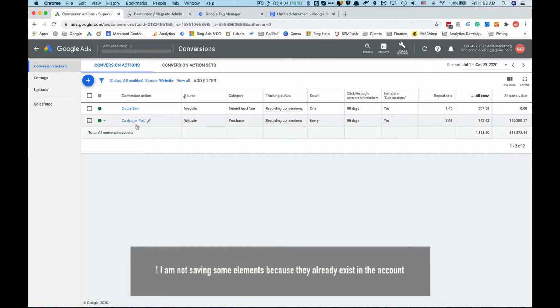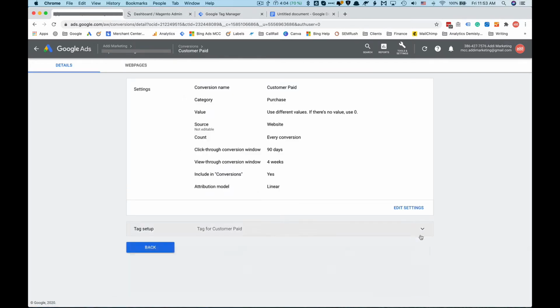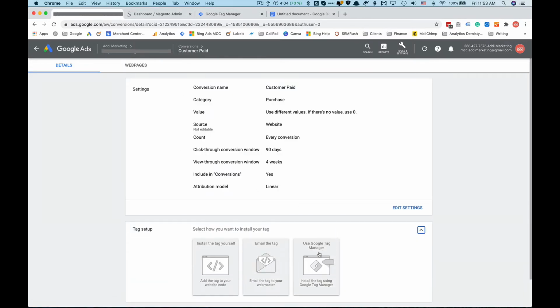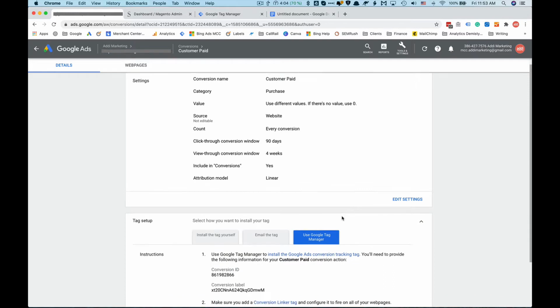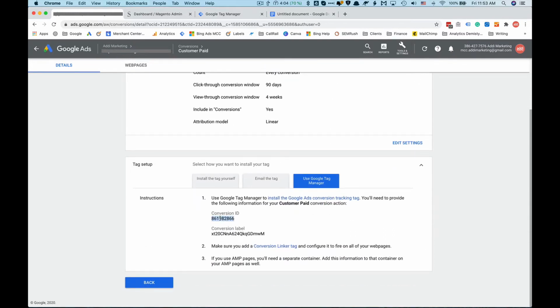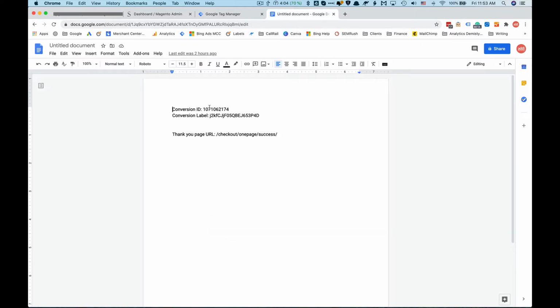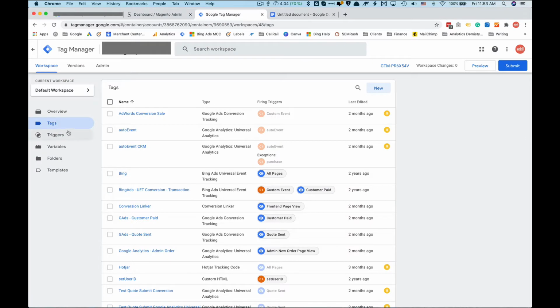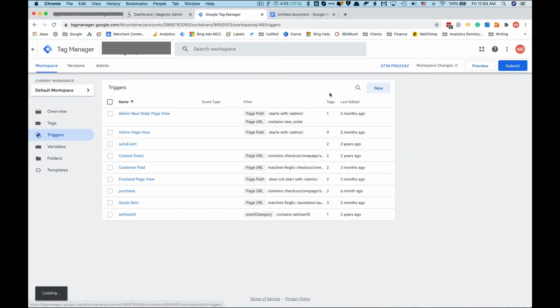You should see the new conversion. Click on it. Click on Tag Setup, use Google Tag Manager. Then copy the conversion ID and conversion label to another document. You will need it in the next steps. Then in your Google Tag Manager, in the triggers, hit New,